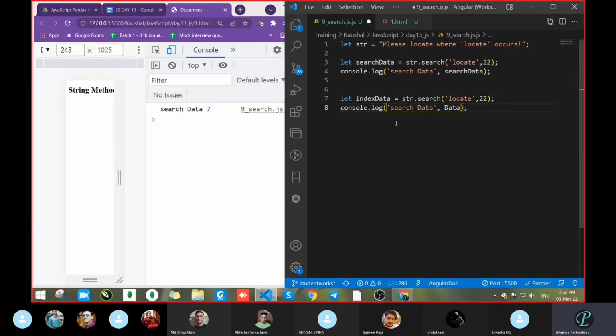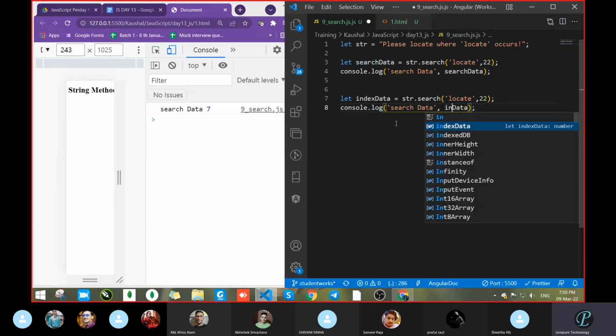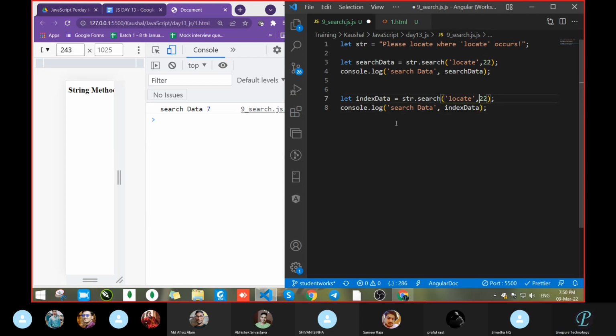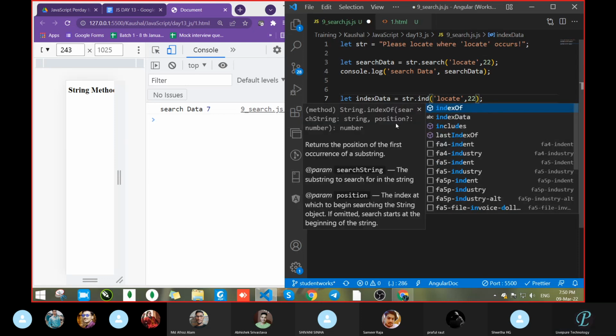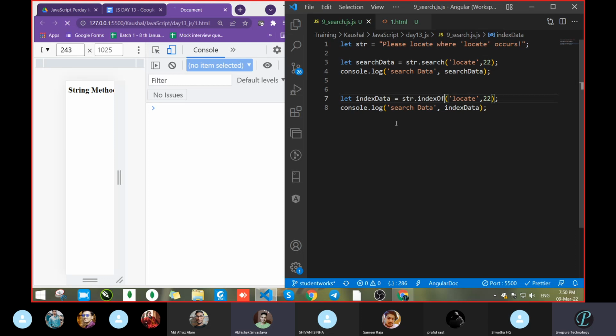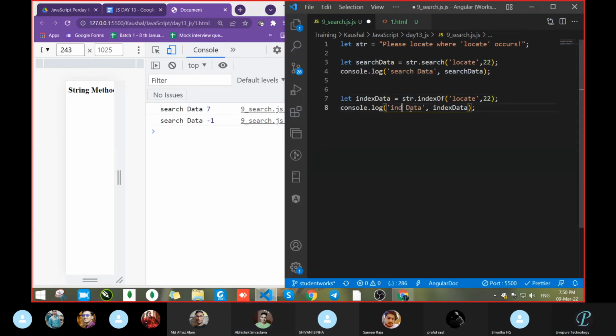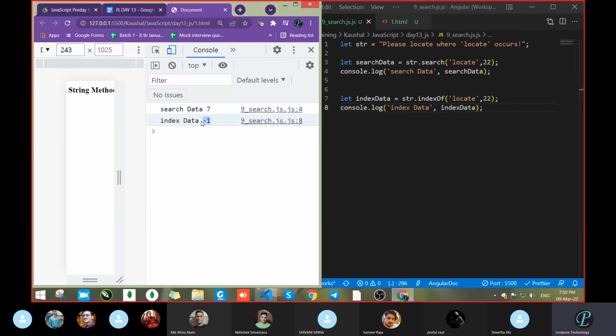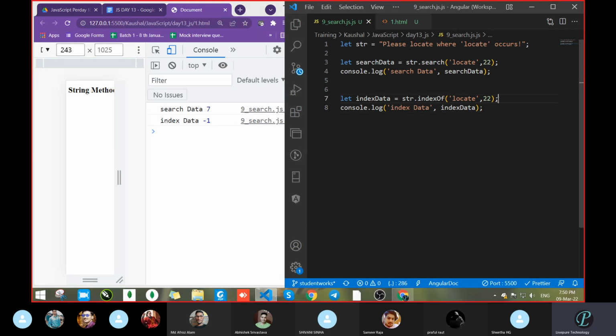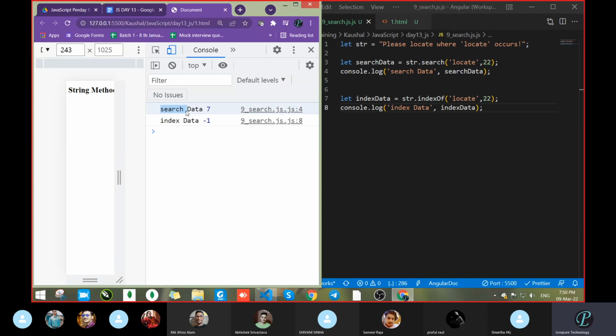It means when it was searching, it was not getting the value. What was the method, Shweta? indexOf, sir. Now see, in the case of indexOf we got -1. Why? Because it starts searching but did not find it. But in the case of the search method, it does not accept that and does not give anything.